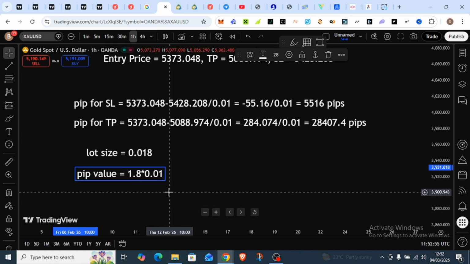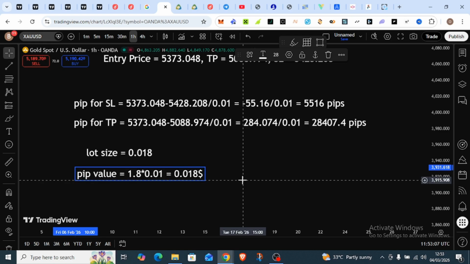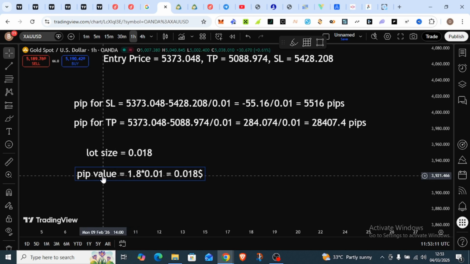So we get $0.018. This is going to be our